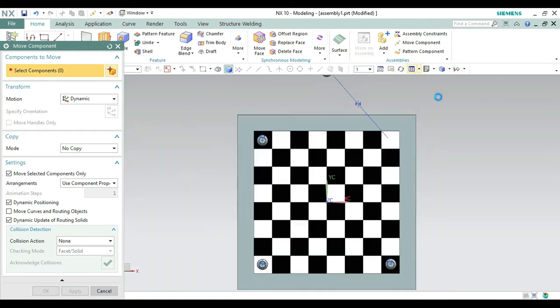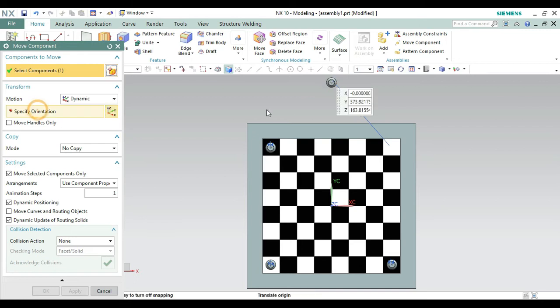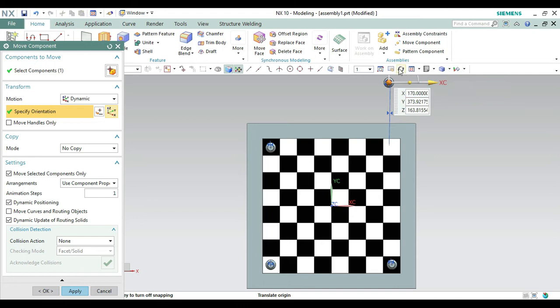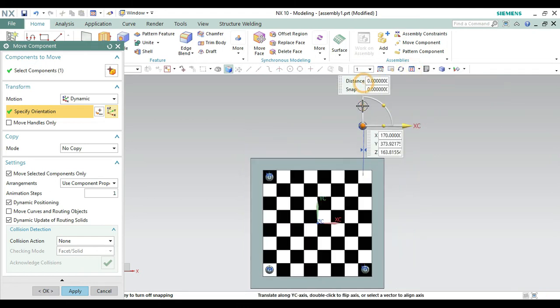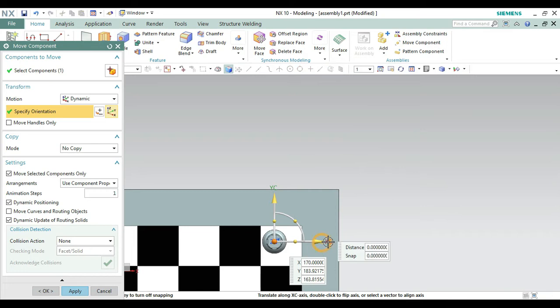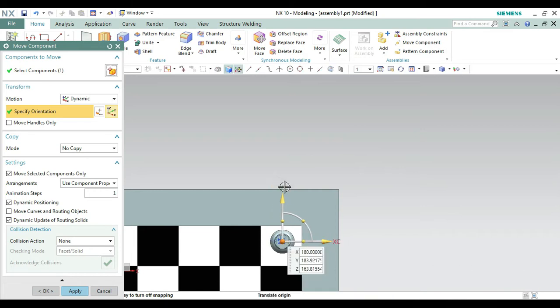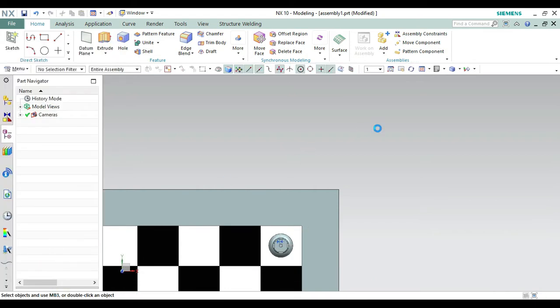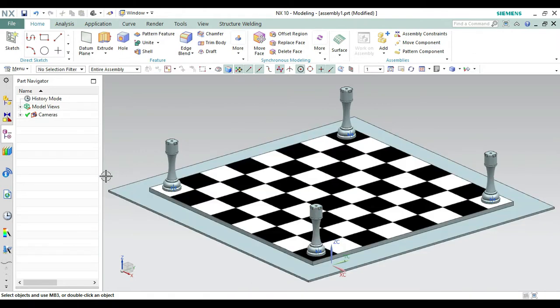And again body to fit, select this one, specify the orientation, drag it to the x-axis, fit, drag it to this one. Let's make this one zoom so it will get perfect like this one at the center. And let's do it again like this and make it okay from here. Let's bring it to now. We can see our four rows has been settled down.